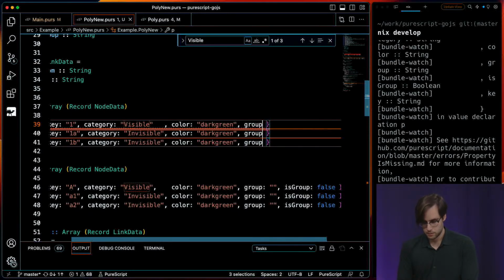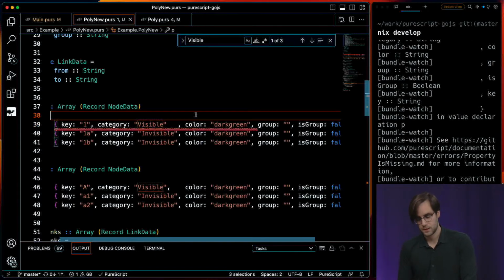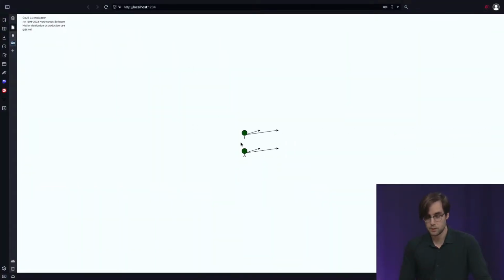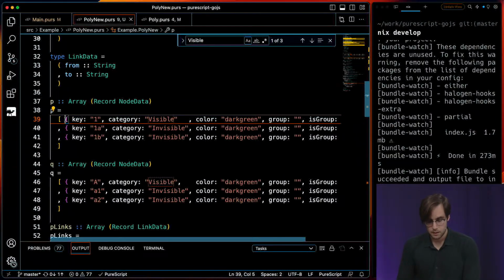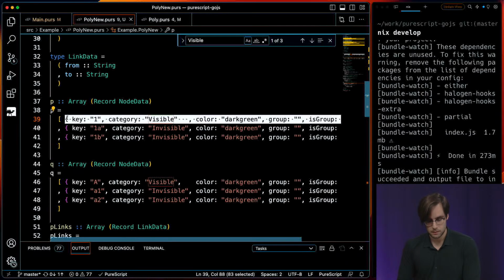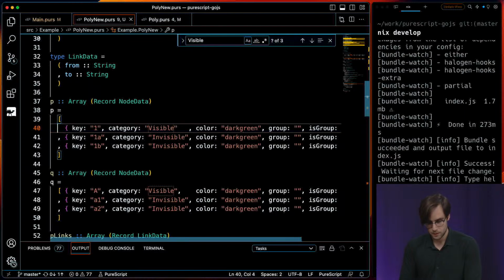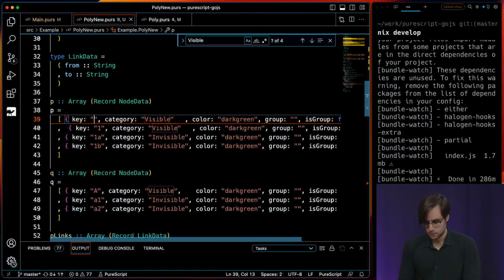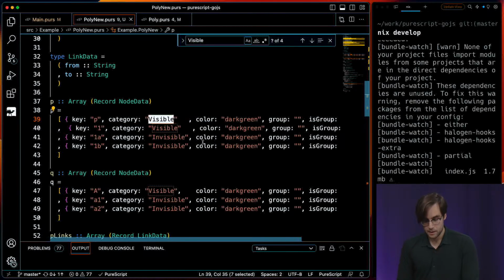Is group. And that makes sense, right? Because we want them to be grouped together, but individually, each one of these nodes, the two invisible ones here and this one, are not groups, which means that we need yet another node here that is going to be the group in the node array. So let's go ahead and add that for P. We're going to call it P. The category is now